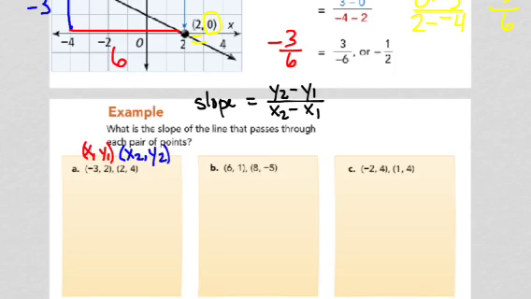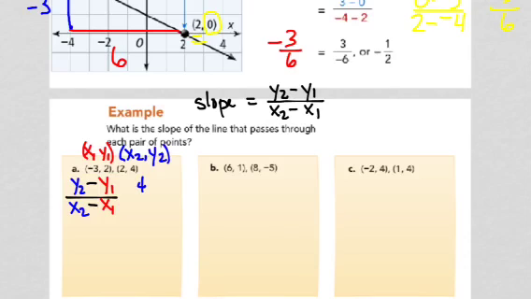So the slope is y2 minus y1 over x2 minus x1. Alright, so now I'm ready to go. My y2 is 4